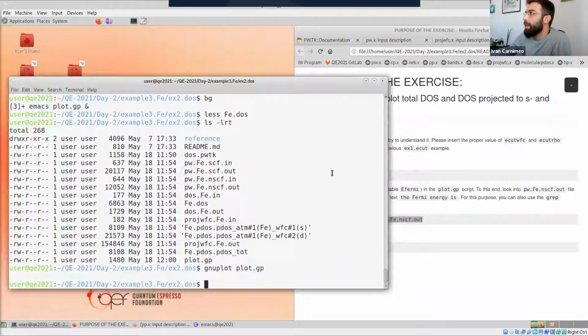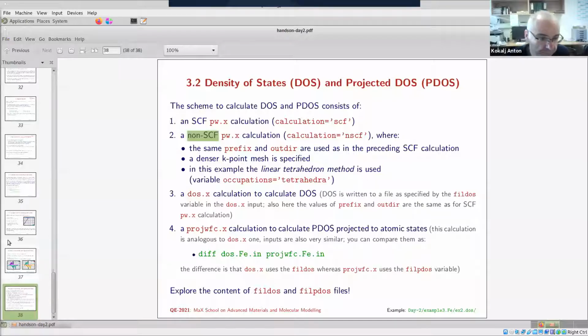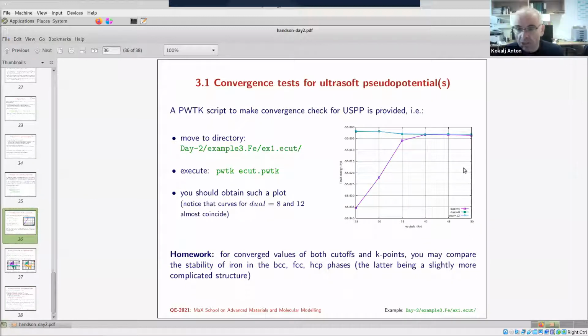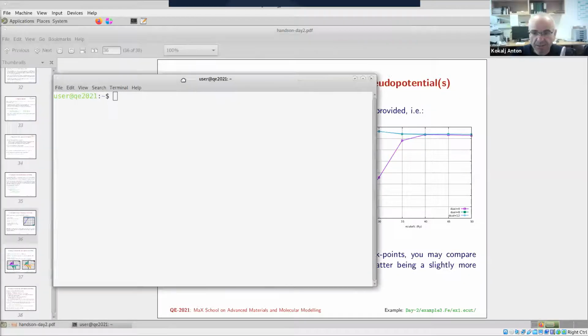Okay. And is it convenient to do the convergence of ECAT rho? We've done that. This was this dual. So, and the answer is here. So dual is, let me open a window because you can still see